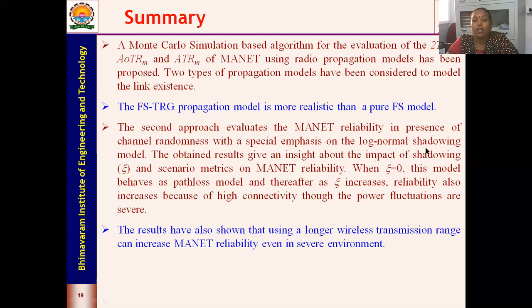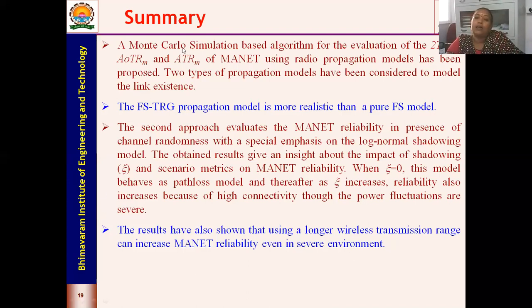We considered the log normal shadow model. In this model, we saw that when psi is equal to 0, it behaved like a free space model. As psi increases, reliability increases because we have good connectivity, though there were power fluctuations and severe environmental changes.